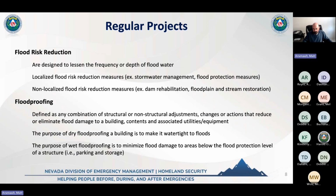All right, now we're getting into some flood risk reduction projects. These types of projects want to reduce flooding, the frequency or the depth of the floodwater. They could be localized or non-localized. And what I mean by localized, that's more on a smaller scale, like,